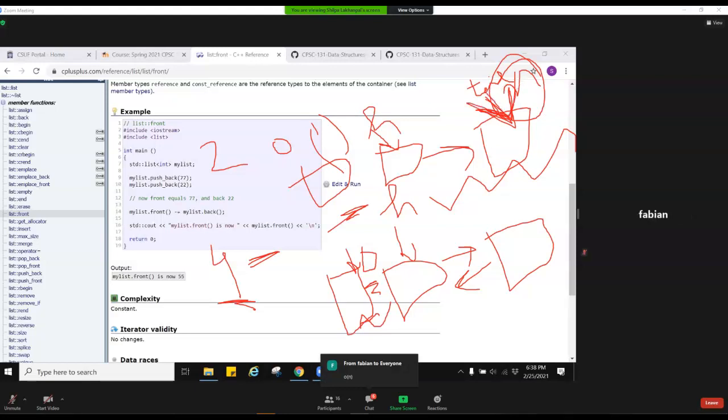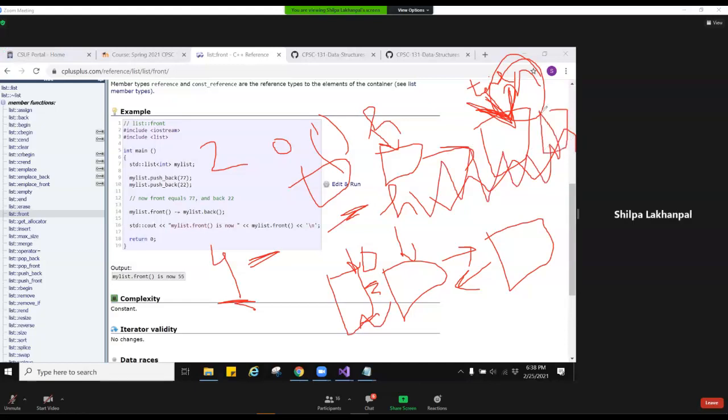So technically, how do you even know which is the last element of the list? You have to go one by one, searching until you reach the last element. Only then are you able to insert something. So it's order of n. You're going over one by one, looking for the last element, technically going over all the n elements.